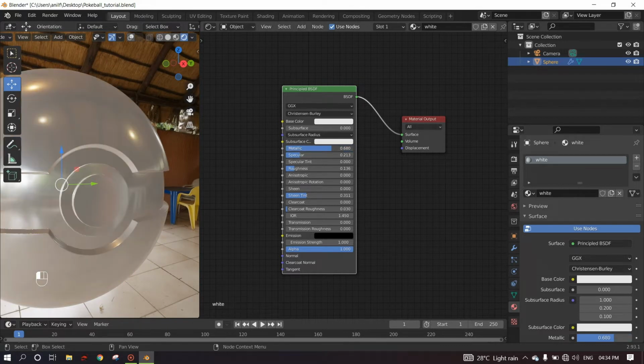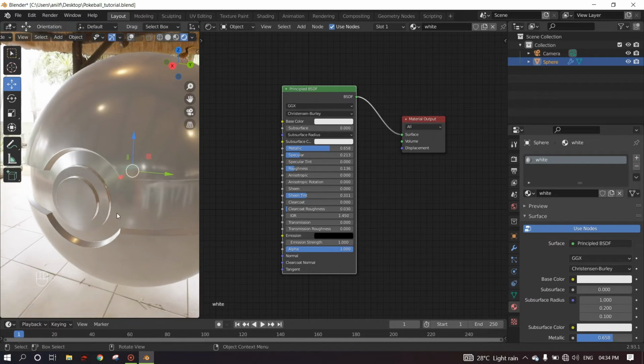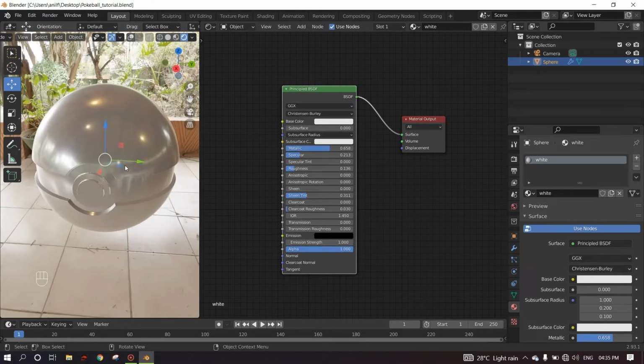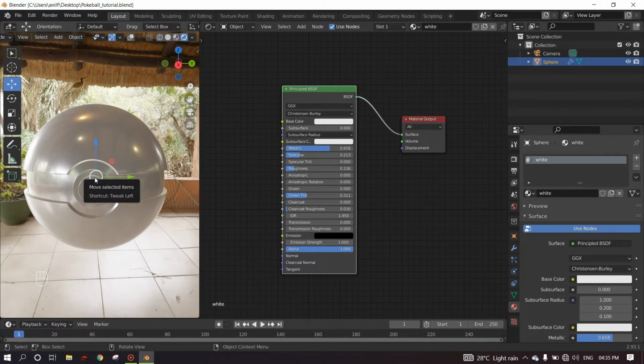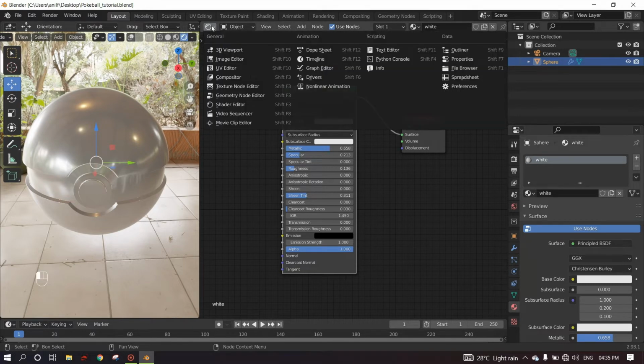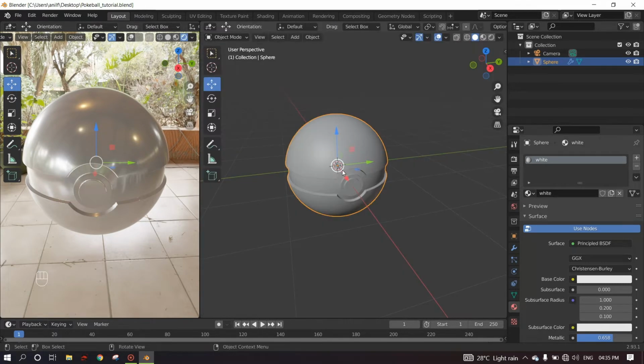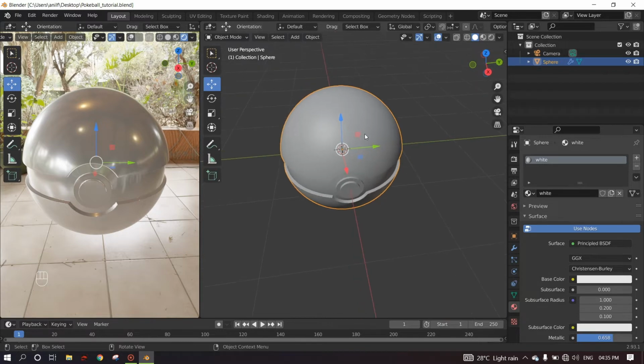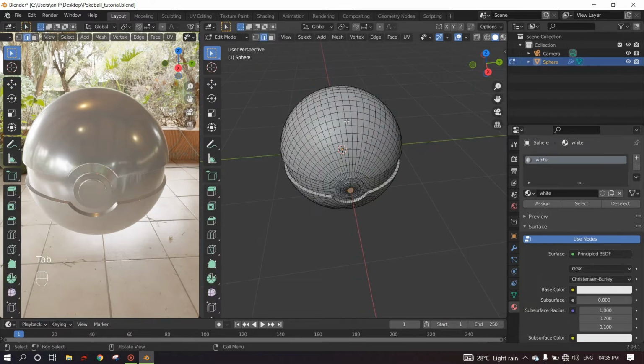So you need that white chrome look, so not too much of metallic. That is cool. Ctrl S to save. But the top of the ball is in red color, so we need to change it into red material. So go into the editor type and click on 3D viewport, and in here press Tab to go into the